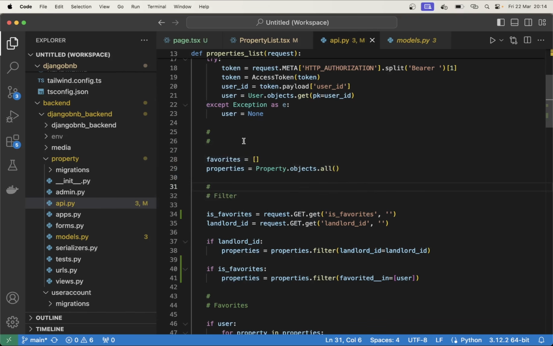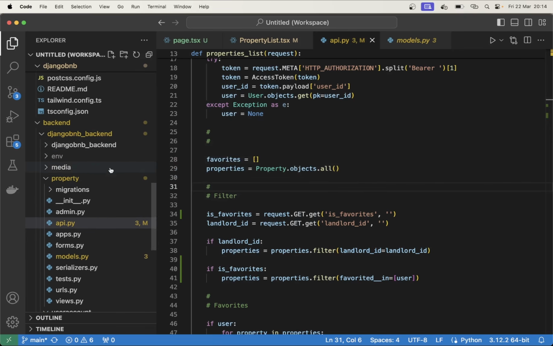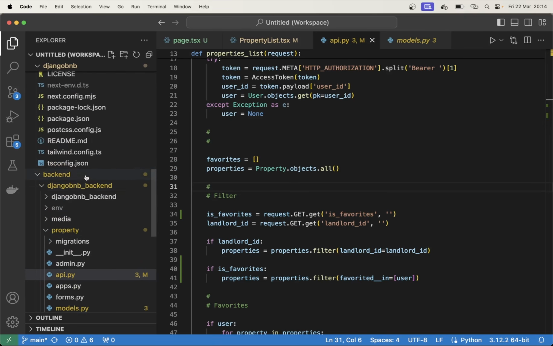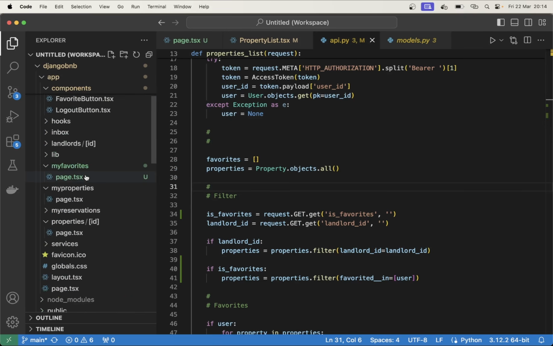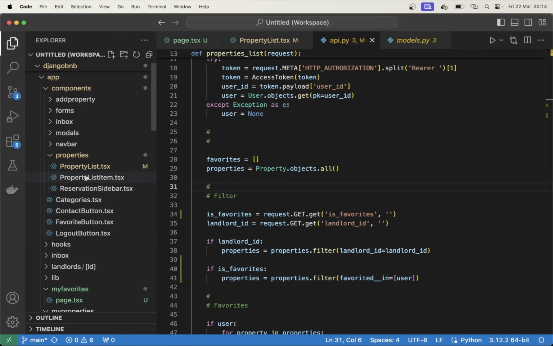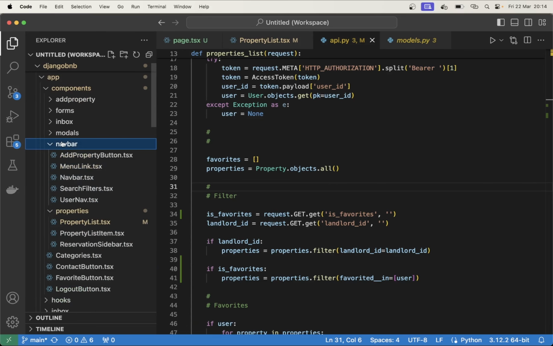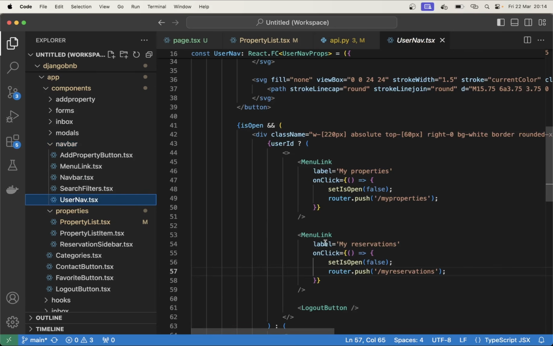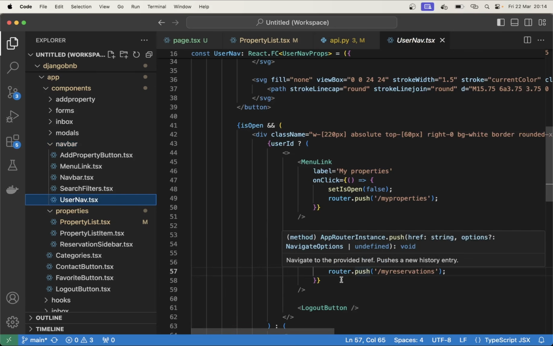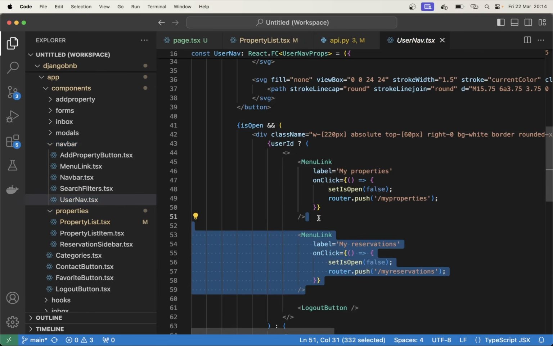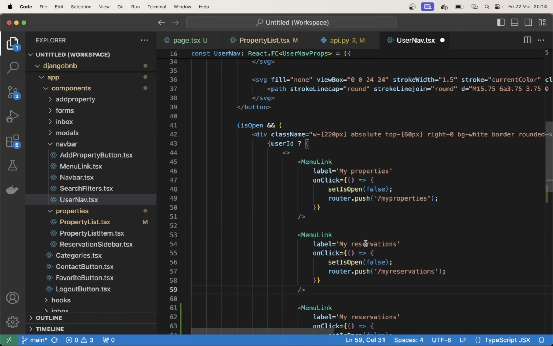And the last thing we need to do for testing this is to find the menu so that we can add the button to this page up there. So open up nav bar and find user nav. I want it together with properties and my reservations. So I can copy one of these and just replace the title with my favorites and go to my favorites